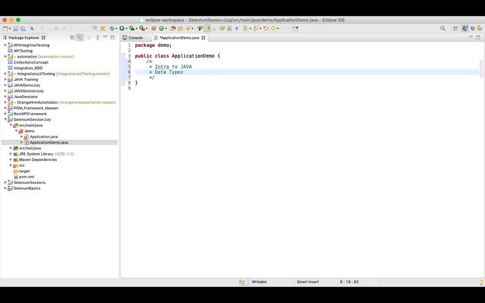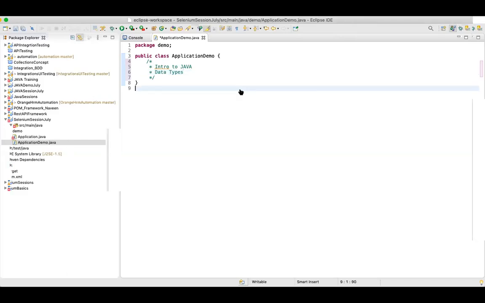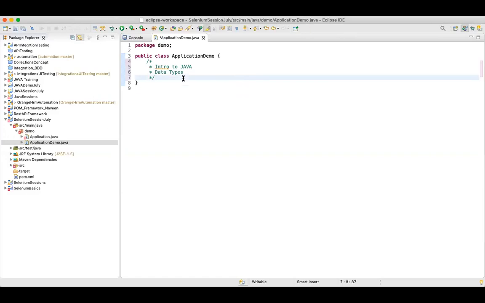We need to be aware of what data types are available in Java. Then the base on which Java is based, that is classes and objects. And when we see data types, we should also focus on data type conversion.